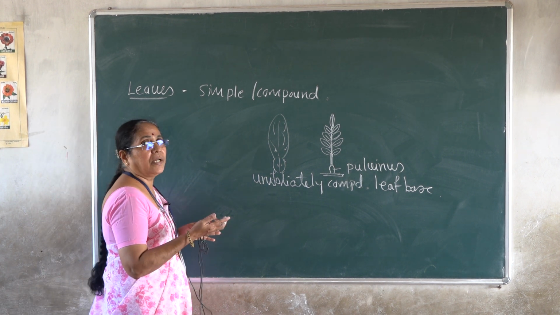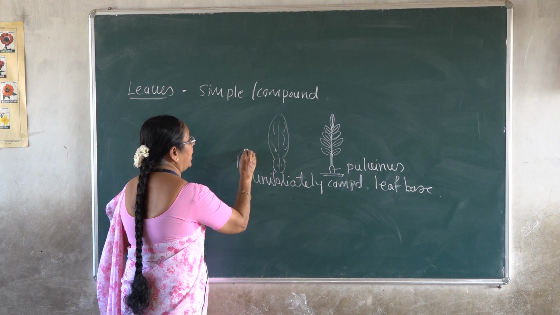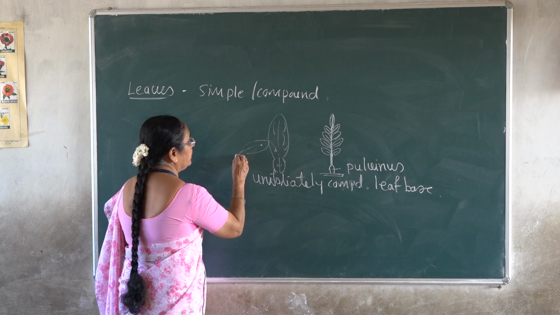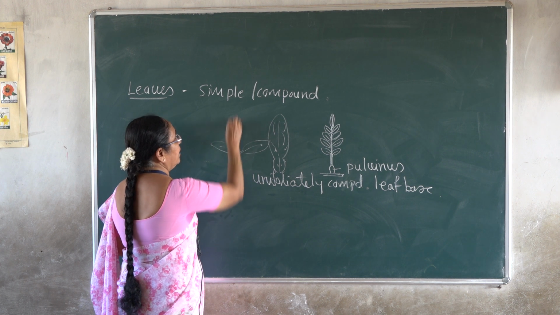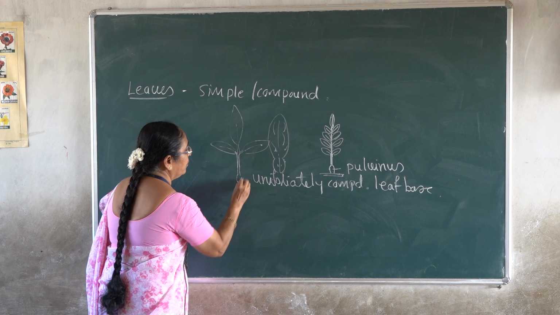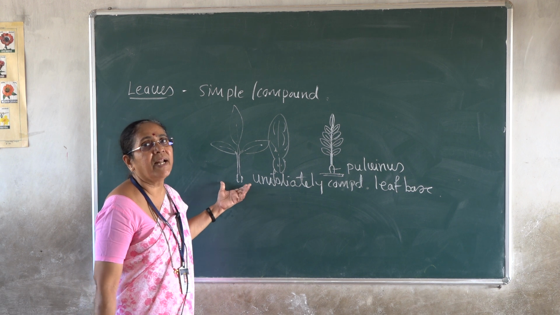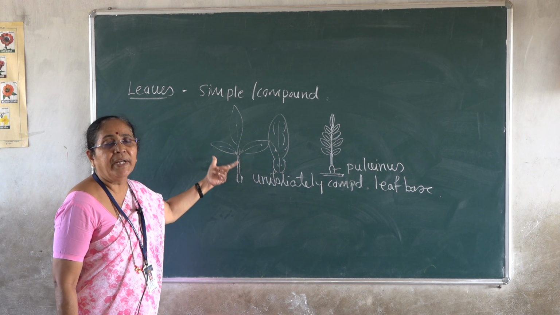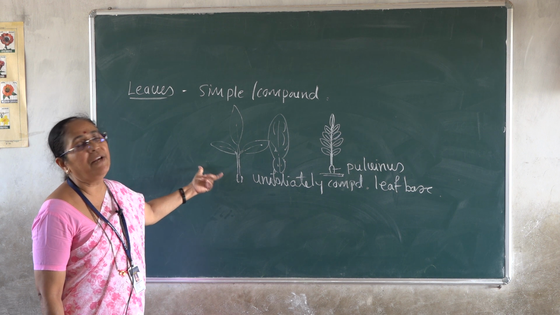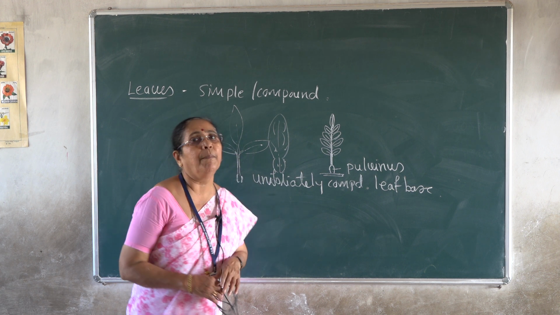Then if it is trifoliate, 3 leaflets are present in the leaf, you will find it in case of Aegle marmelos. So that is 2 leaflets, and this is the 3rd leaflet here, and this is 1 leaf. Okay, this is 1 leaf. Aegle is an example where 3 leaflets are arising from a common point. So it is to be called as trifoliately compound leaf. So that may be pinnately compound or these two belong to palmately compound leaves.